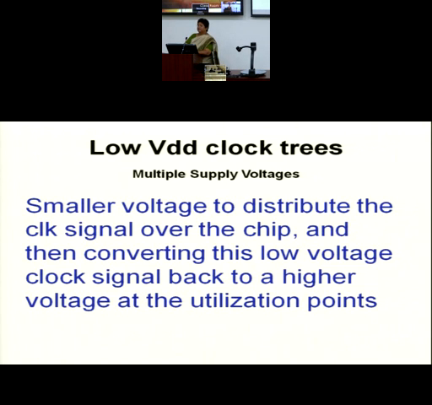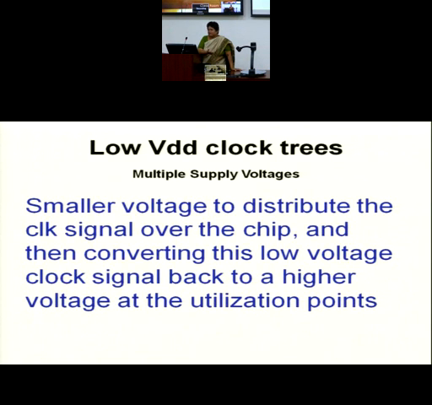So now, as we said, the data path has to operate at full VDD. The clock tree will have a signal coming from the PLL, which gives you a full waveform. I need to bring it down to say half the rail. So I need a high to low converter at the beginning of my clock tree, and then the buffers in between will be operating at low VDD, and towards the end or the destination, again I have to convert it back from low to high.